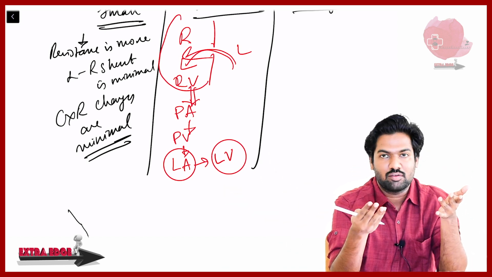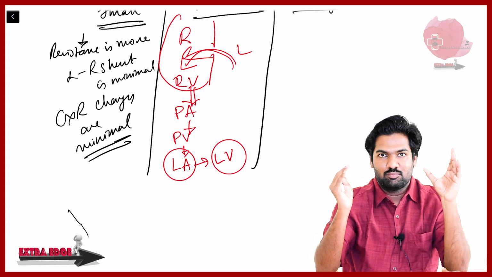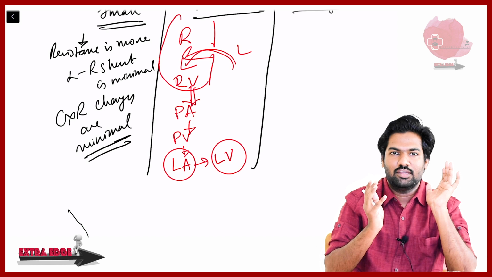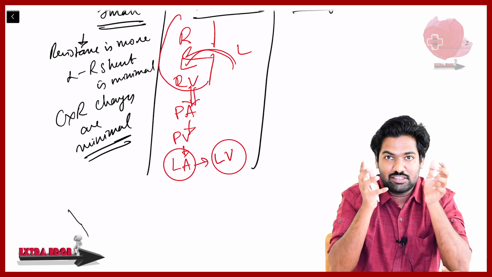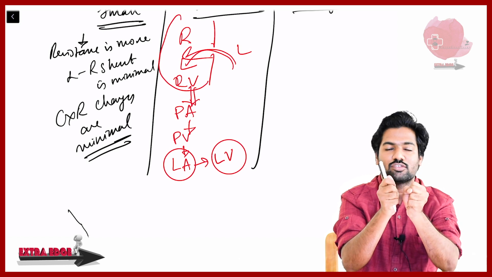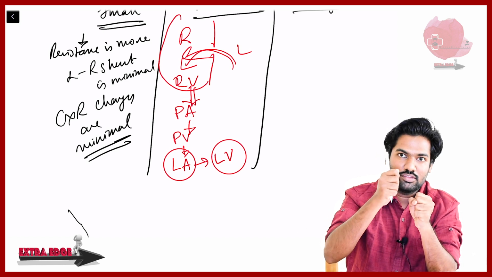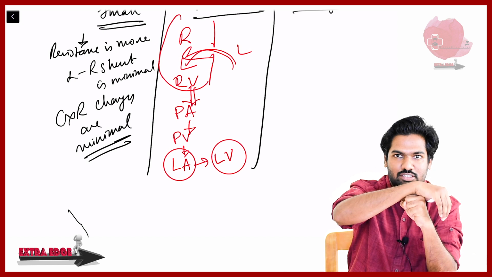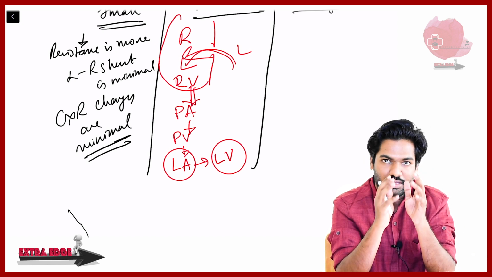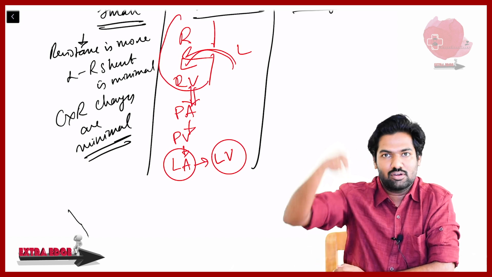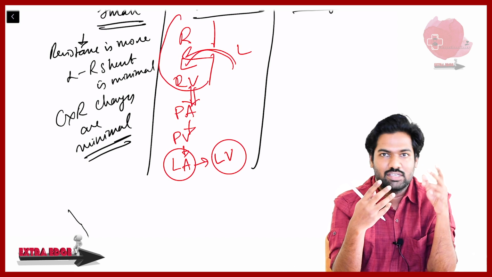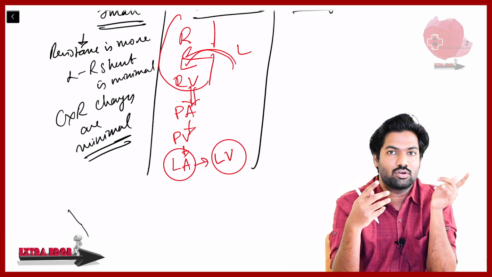But in moderate VSD, usually blood is going from left to right. At what time is it going? Actually, most of the shunt occurs during systole. During systole, the left will get systole, even the right will get systole. So the amount of blood getting shifted to the right is comparatively a little less. On long runs and multiple circulations, the extra volume will be the one causing right ventricular hypertrophy.